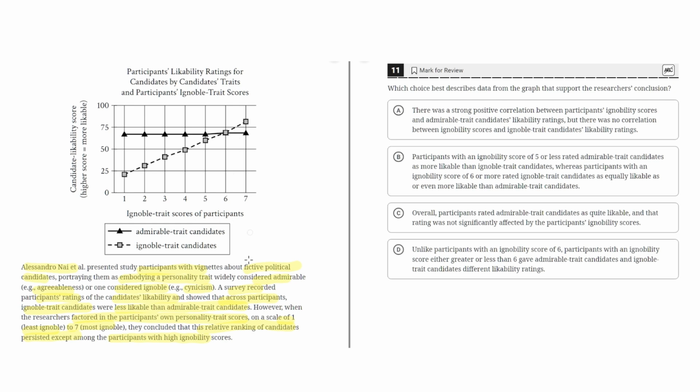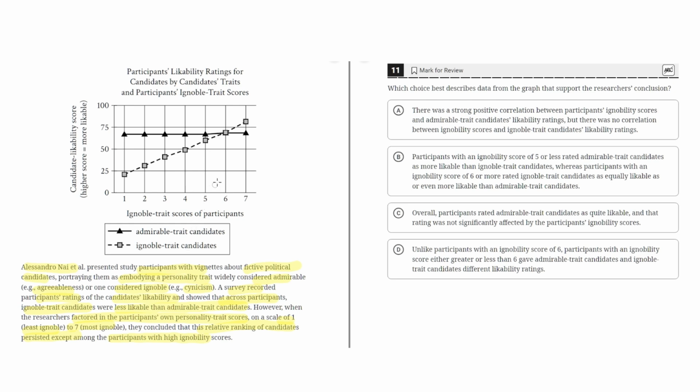But here we can see the claim made by the researchers, which is that the participants with high ignobility scores did not follow the same pattern of liking the admirable trait candidates and disliking the ignoble trait candidates when they had a high ignobility score. This is seen here, where the participants with 7 or above 6 liked the ignoble trait candidates more than the